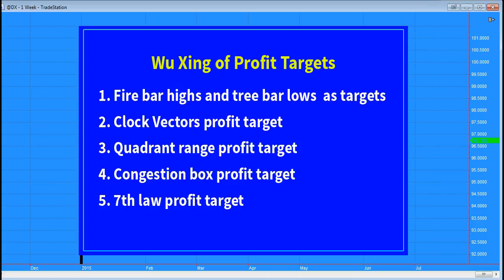We use 5 primary techniques to target NTLs, which are non-trend liquidation price targets. Quadrant targets are one of these 5 methods. By NTL, we mean profit targets based on an assumption that a trend does not reassert itself and extend to new lows or new highs. NTL, or non-trend liquidation targets, have a much higher probability of being tagged than trend-based targets, which assume a new high or low. Especially in markets that may trade in trading ranges for extended periods, or markets like the S&P 500 that tend to be very rotational.